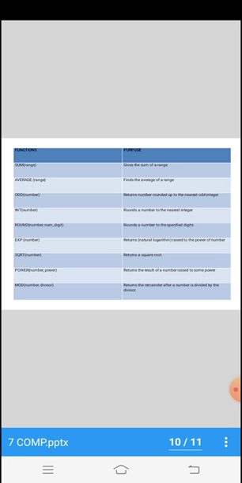Here we have to give the argument number. First we write the number, for example 2, then the power. If we want the cube of 2, we write 2 comma 3. MOD(number, divisor) returns the remainder after the number is divided by the divisor. These are some functions which we can use in our Excel sheet.